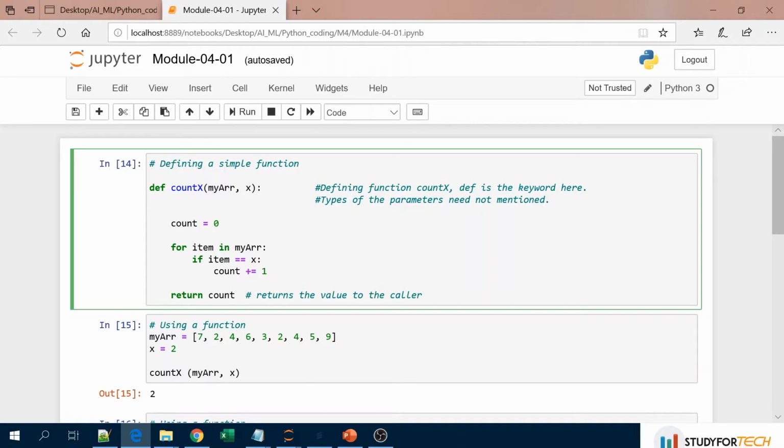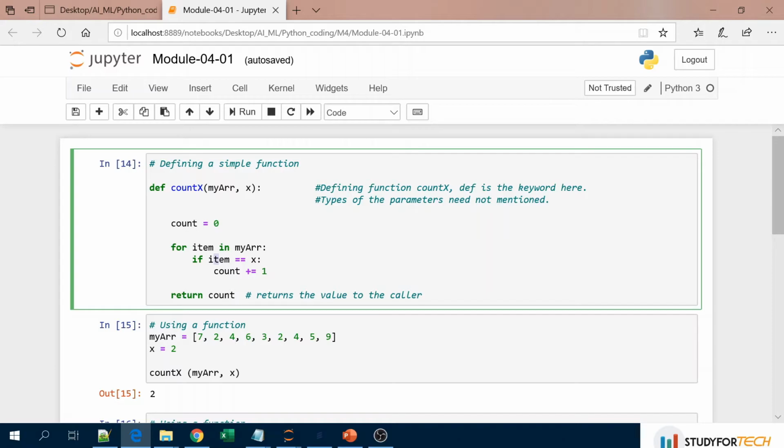So this is the first parameter, this is the second parameter. Here I am taking one variable, count equal to 0, and using an iterator, for item in this particular array, which is nothing but a list here. If item equal to x, and this is the searching variable, so whatever value is passed to x, we will be searching inside this list. We are iterating through each and every element of that list, comparing with this x.